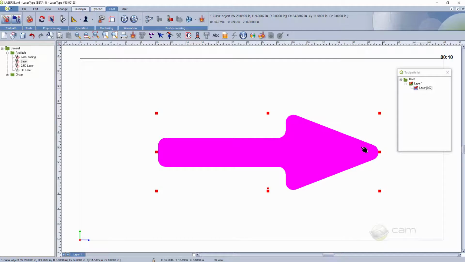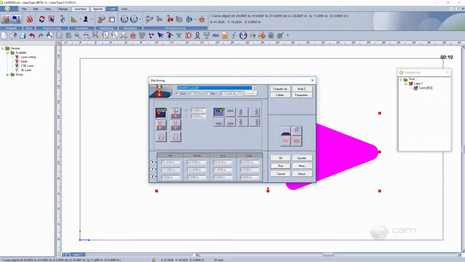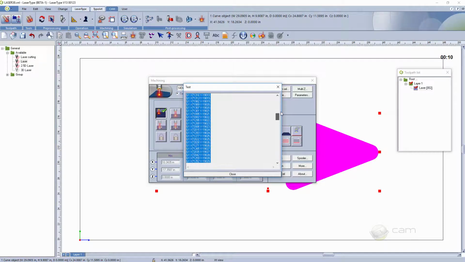And this created path, this time we are not going to send through the print spooler of Windows, but we are going to post-process it by right-clicking on the laser path built and selecting the machining. The machining here allows me to install any kind of machine. Here we have a Siemens laser controller, but that can be any type on the market. And we can directly preview, if I want, a G-code of that specific path that we have generated.